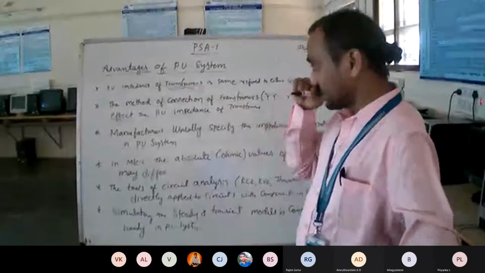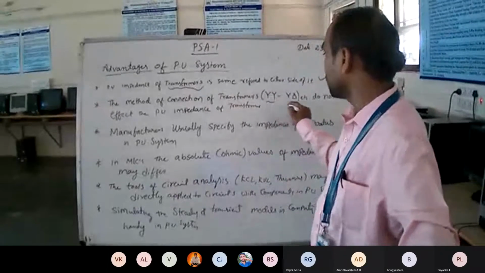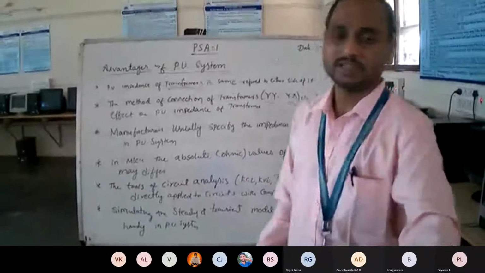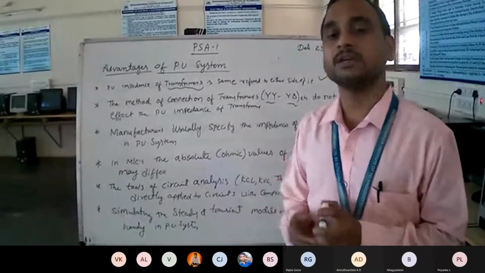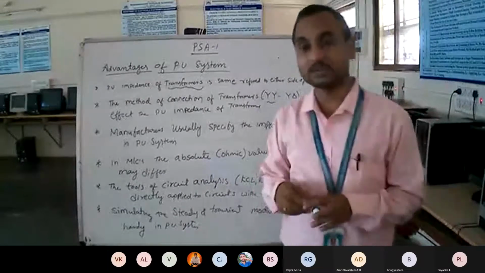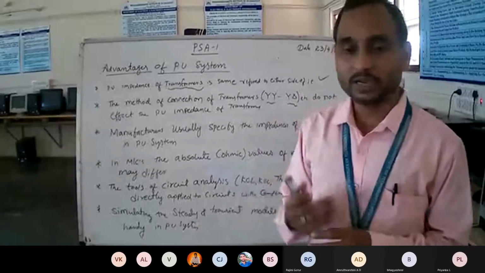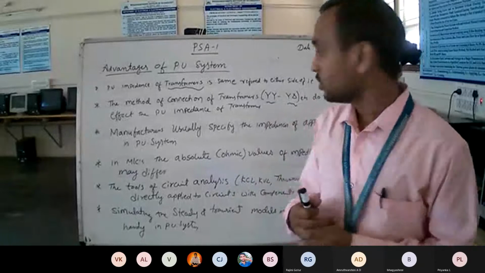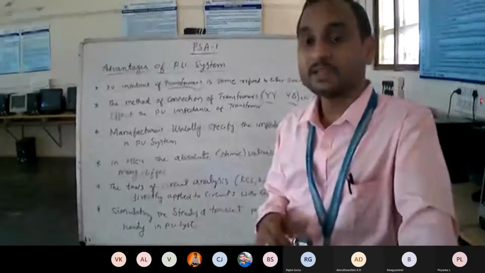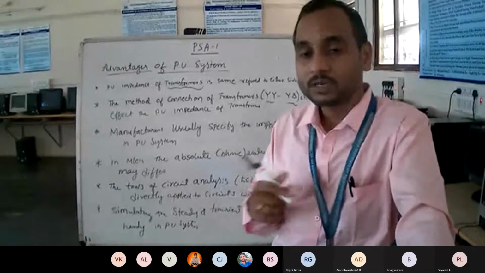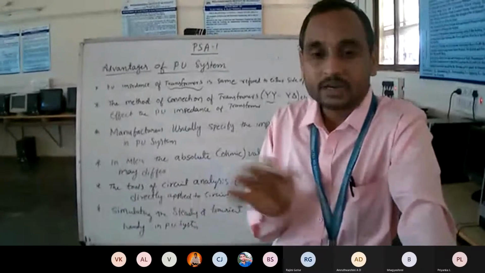And next is the method of connection. In transformers there are so many connections, such as star-star and delta. Suppose you are doing the calculation in the absolute system, that is, SI units, using voltage, current, power and all those things. While choosing the transformer connection, star-star, star-delta like that, in the absolute system we need to convert, dividing by root 3 or multiplying by root 3, because we are converting star to delta or delta to star.